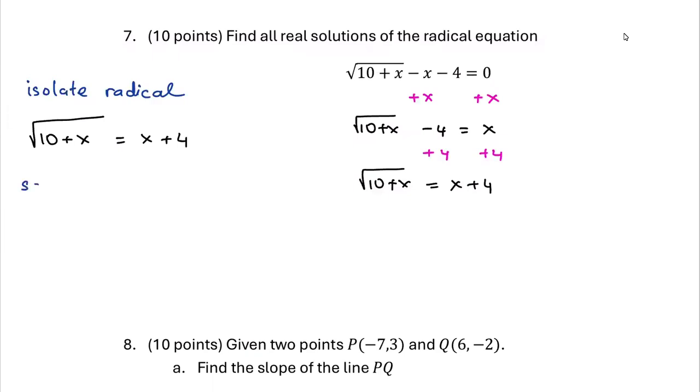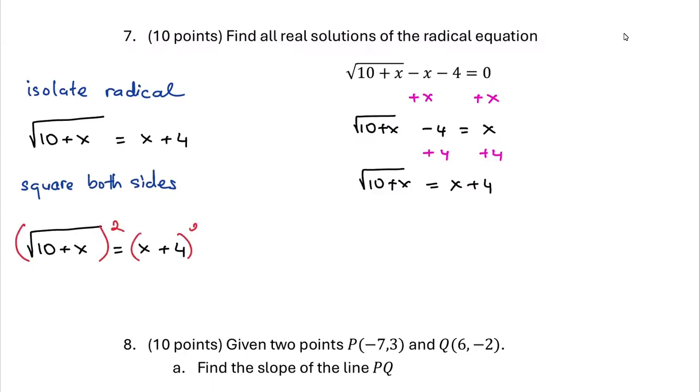So let me put in the square right now. After you squared, you're going to get the square and the square root. They destroy each other. So I get 10 plus x